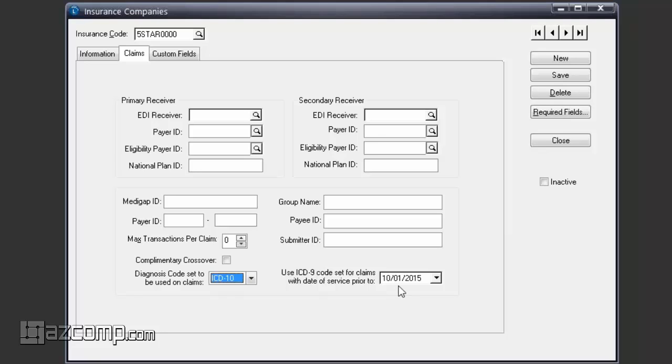If you are one of those practices that does deal with work comp or auto injury, then this effective date might not be October 1st for those insurance companies. You might not have an effective date yet. So you would leave those other individual insurance companies that are the exception to the rule. If you don't know the effective date for them yet, you can just set them as ICD-9. And as those effective dates are announced to you, as those insurances come on board, then you would put in the effective date that that insurance provides for you of when they're going to start accepting ICD-10